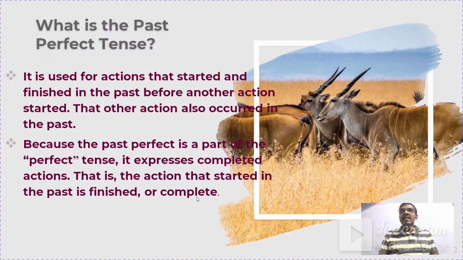Okay, so in order to indicate past completed actions, we use the past perfect tense. Past perfect tense is part of the perfect tense. It expresses completed actions before another action being initiated. Present perfect tense means completed actions in the present, just now or just before. But completed actions in the past, in the case of past perfect tense, are some years ago or some days ago.